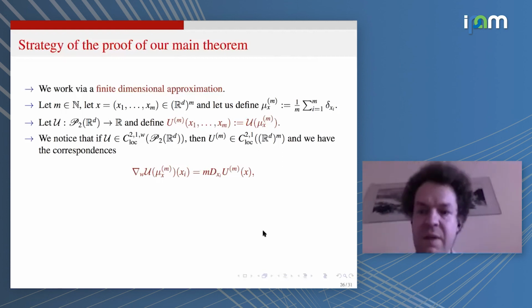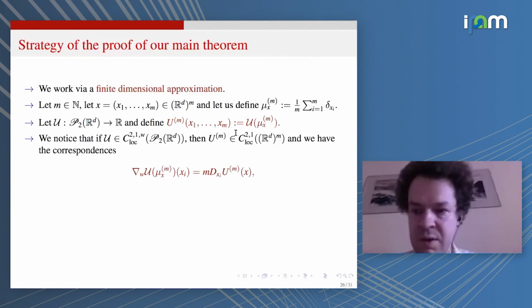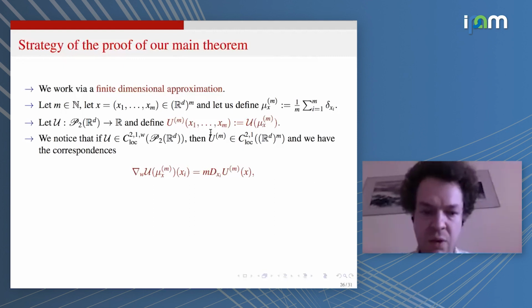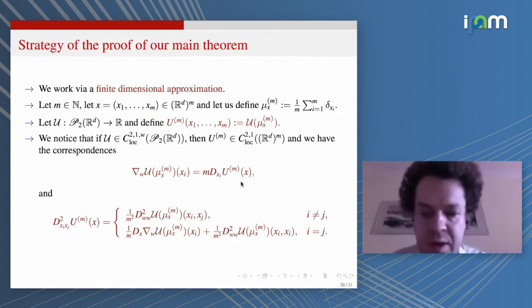And we will have this kind of nice properties. So if we have functions in our class C21 W, then these u^m functions will be C21 locally, which are meaningful. So our definition was in some sense natural. And you have this kind of correspondence between the infinite dimensional and the finite dimensional gradients. You have this correspondence between the